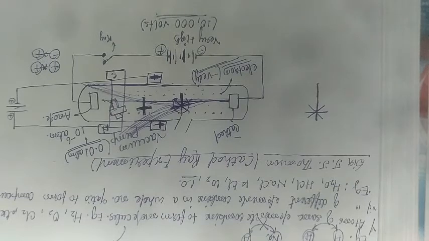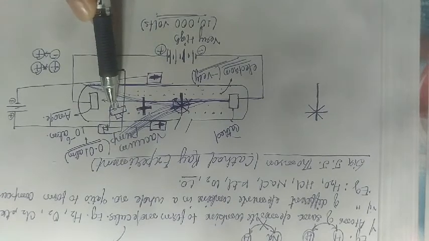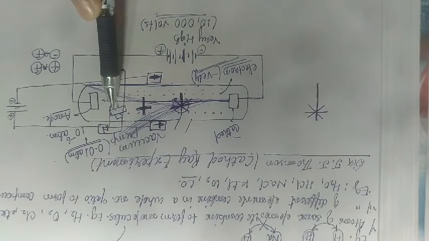Now next, cathode rays cast a shadow of an object placed in their path. You can see here, it casts a shadow of an object placed in its path, and